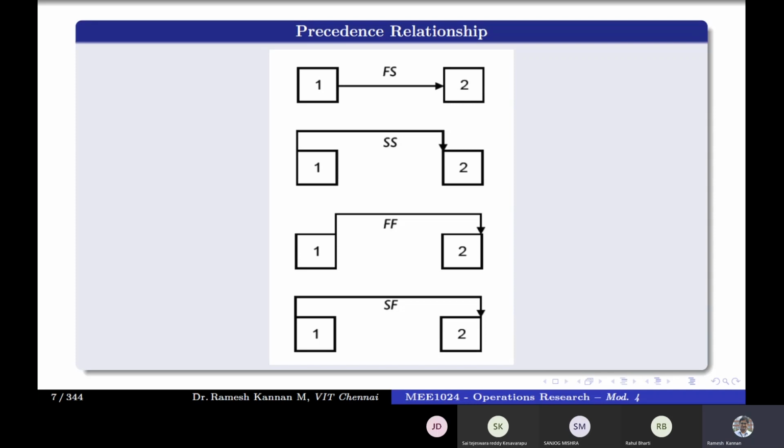So that is basically the finish to start, and start to start is they can be done in parallel. And finish to finish, both can finish at the same point. Say, for example, the wall of one story, then the plastering or the painting of the below story can be done both at the same time.